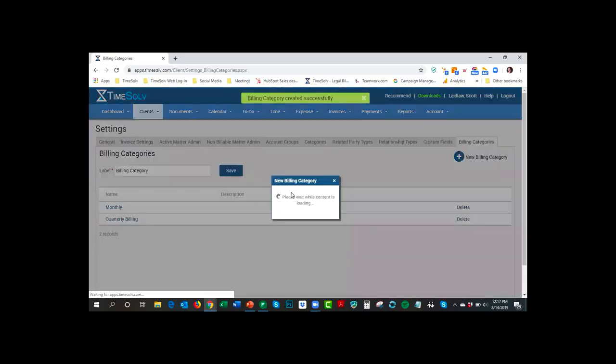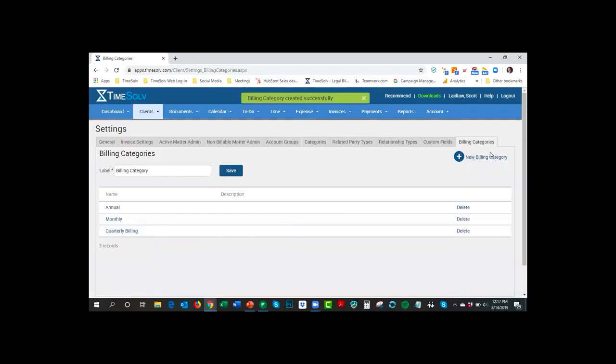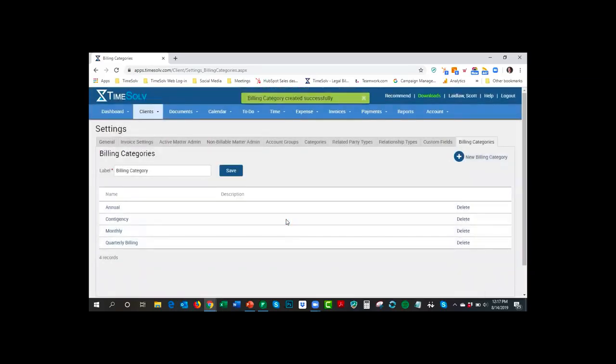You could create another category that we'll call annual, if you only send invoices yearly, let's say, for a particular client or matter. I'm going to create another one called contingency, if you do contingency billing. I know some firms where a case, or a matter, might be going on for years, but they want the attorneys to do some periodic checking of the time entries to make sure things aren't completely going off the rails, or there's not a high-speed train of time entries. So you want to run a contingency bill periodically just to check things. So you could have a category called contingency.